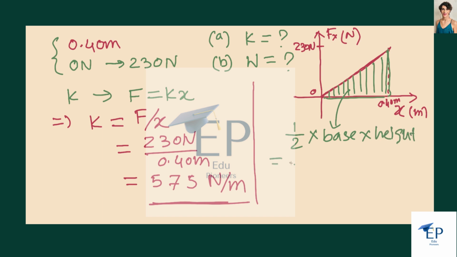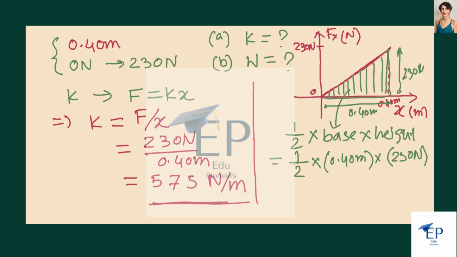The base is 0.40 meter, and the height is 230 Newton. So if you multiply half times 0.40 meter and 230 Newton, you get 46 joule. Okay, so she does